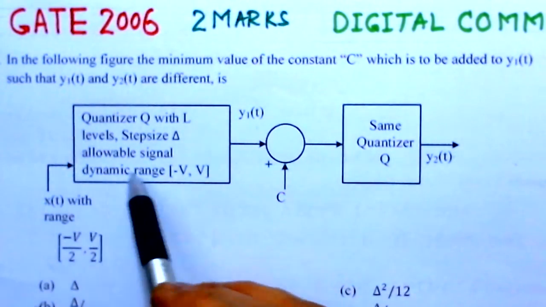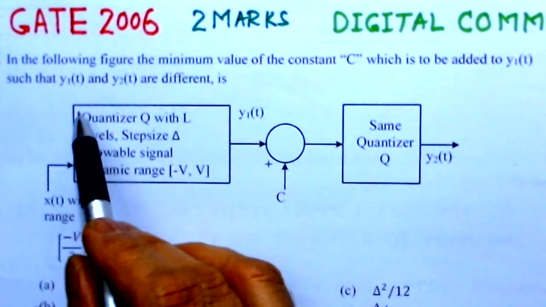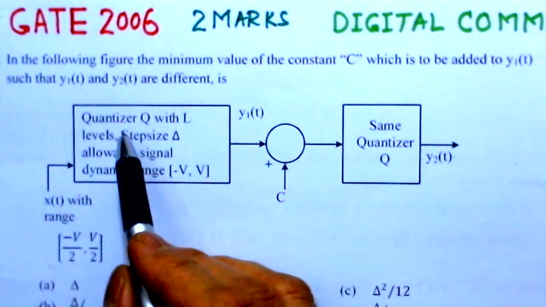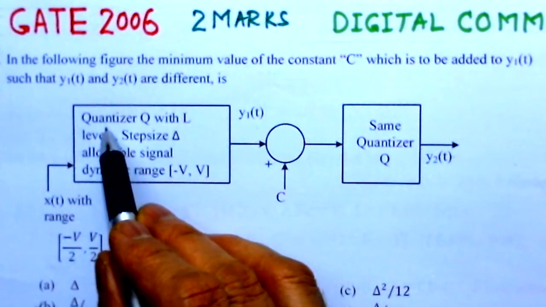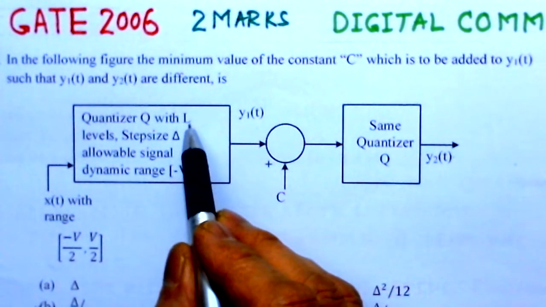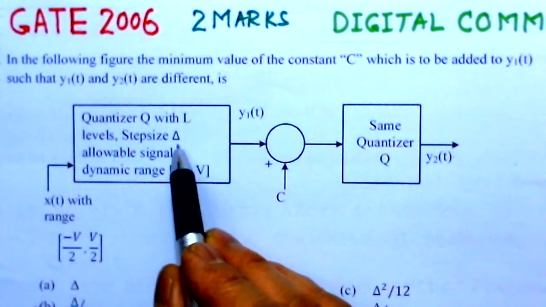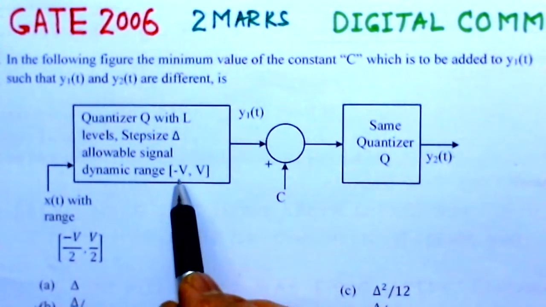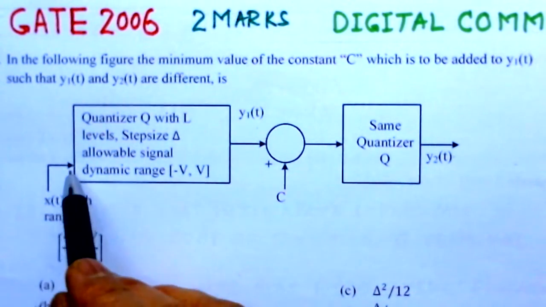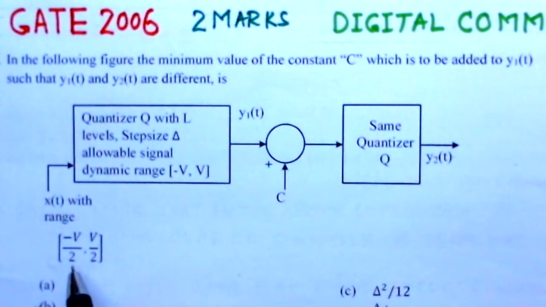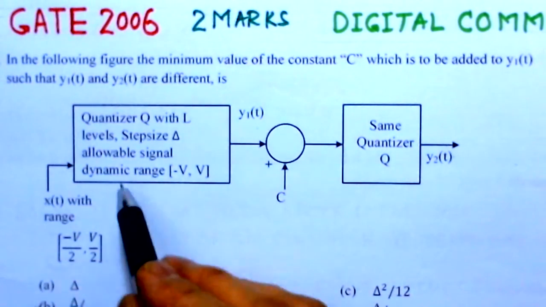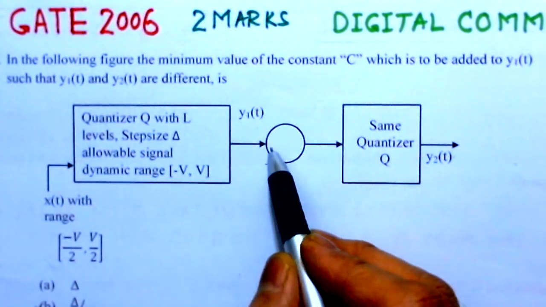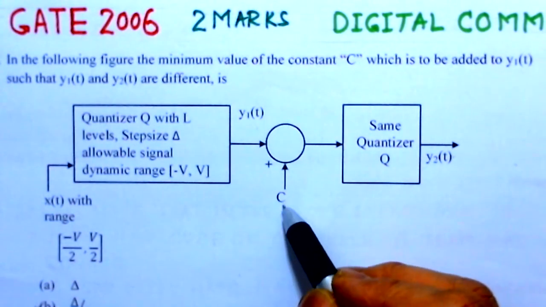If we try to see this block diagram, we observe that this block is for the quantizer. This says quantizer Q having L levels and step size delta, and it says the dynamic range of the signal is from -V to V, and the input ranges from -V/2 to V/2. That means this input can be applied safely to this quantizer, and this y1(t) is the output, and there is a C input which is to be